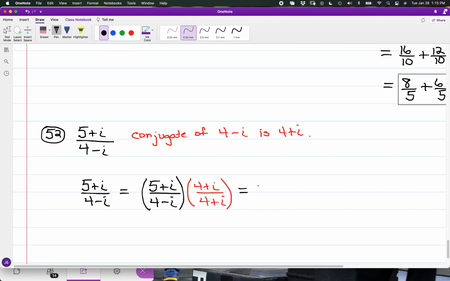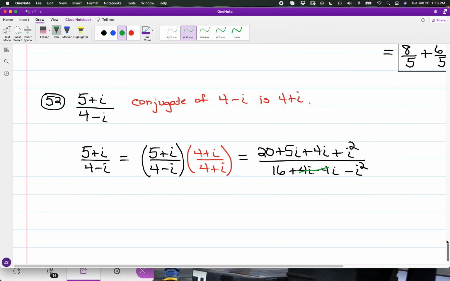So we got 5 times 4 is 20. I got plus 5i plus 4i. Last product, so we have i squared. And here we have 16. Again, the outside and inside products are additive inverses. Alright, so for what we have in the follow through,